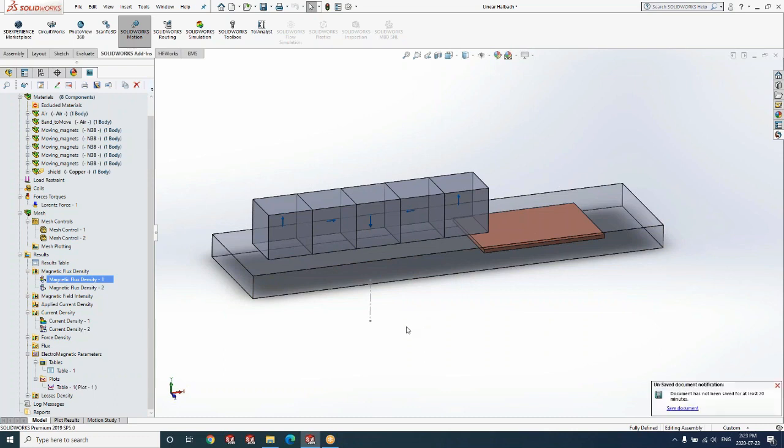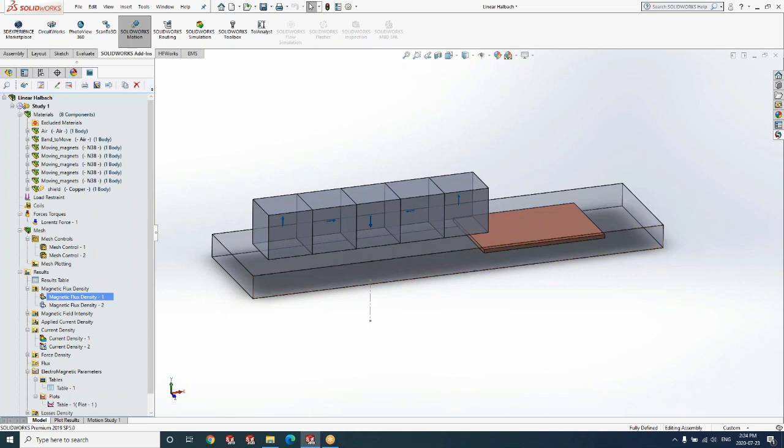Again, the way eddy currents work is whenever a moving conductor notices a change in the magnetic flux, eddy currents are set up. And these eddy currents are set up in such a way that they oppose the source magnetic flux. As a result, there is going to be some amount of retarding force on the moving conductor that slows it down. So in this particular example, just like before, we employ a transient magnetic study and we couple that to SolidWorks Motion.